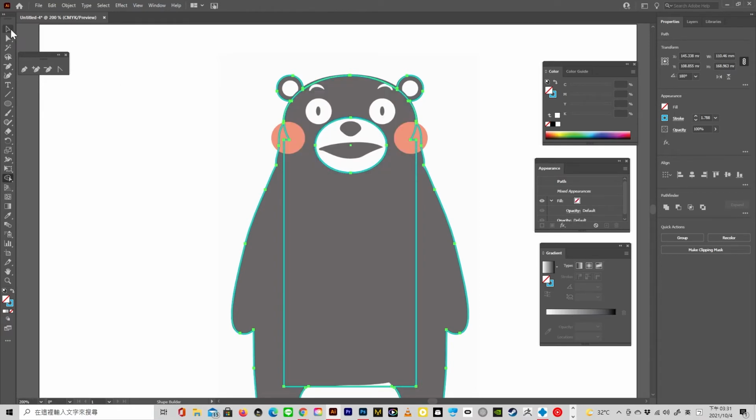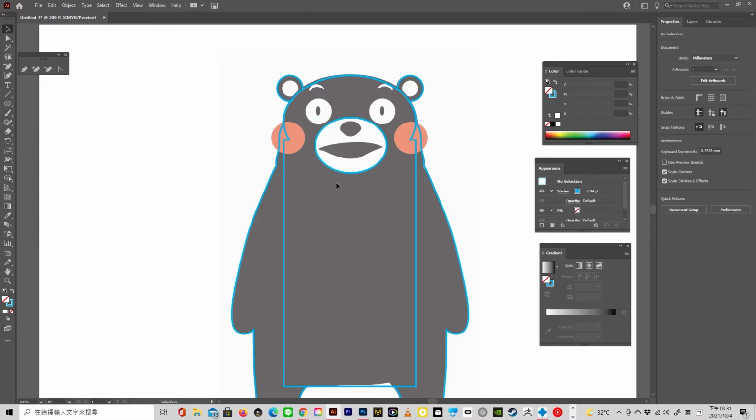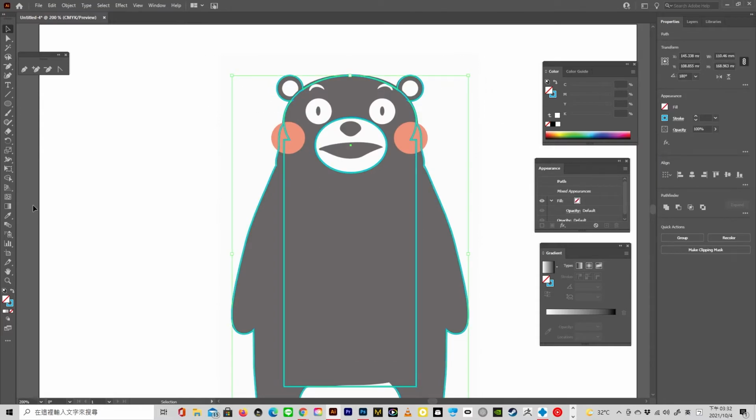I want to use the selection tool to select this mouthpiece that was made, and I want to have it copied. So I go to Edit, Copy, and copy this shape. There are certain situations where you'll use this trick. Now I want to have all these items selected, and use the